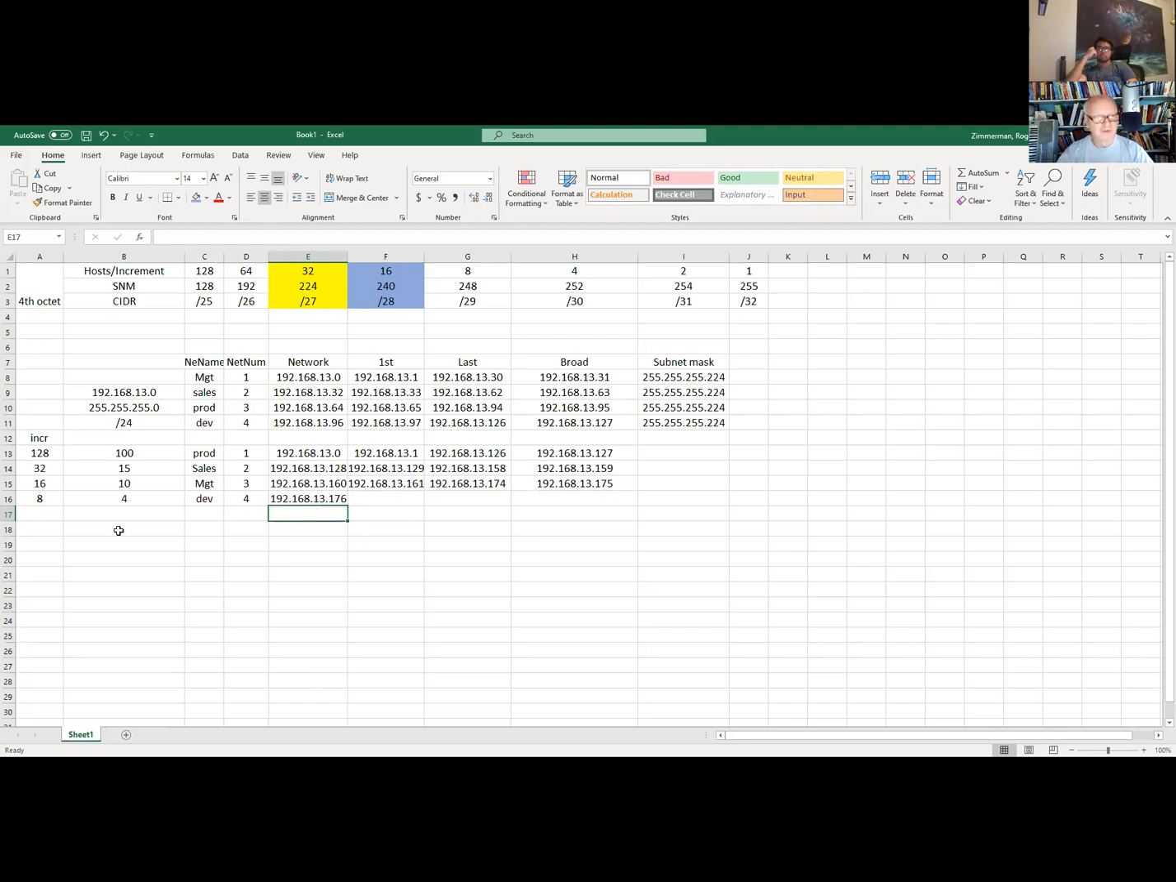So I said my increment is 8 here. I need 4 hosts. I can't use this one because I can only get 2 hosts out of that. Remember earlier I said you'll never use a /31 or /32 because you can't get any hosts out of it? What would be the point? So I'm going to use an 8 for this one because I need at least 4 hosts and I can only get 2 hosts out of that. So that would be 8 more. So 176, 184,